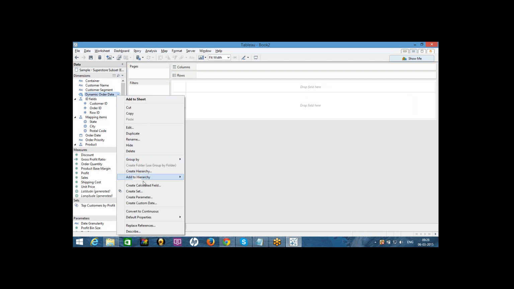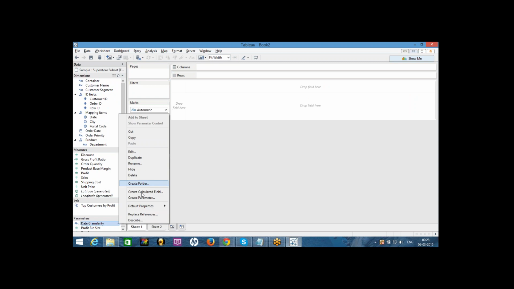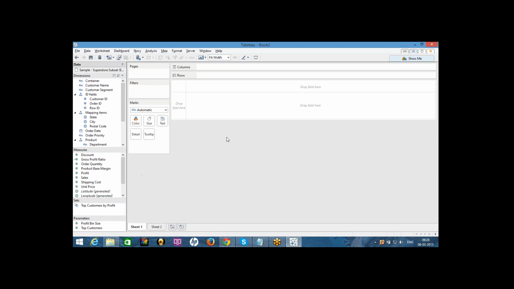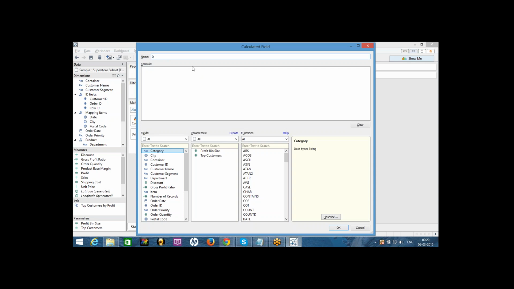I'm deleting this dynamic order date and the date granularity. So I'm creating a calculated field. Dynamic order date.